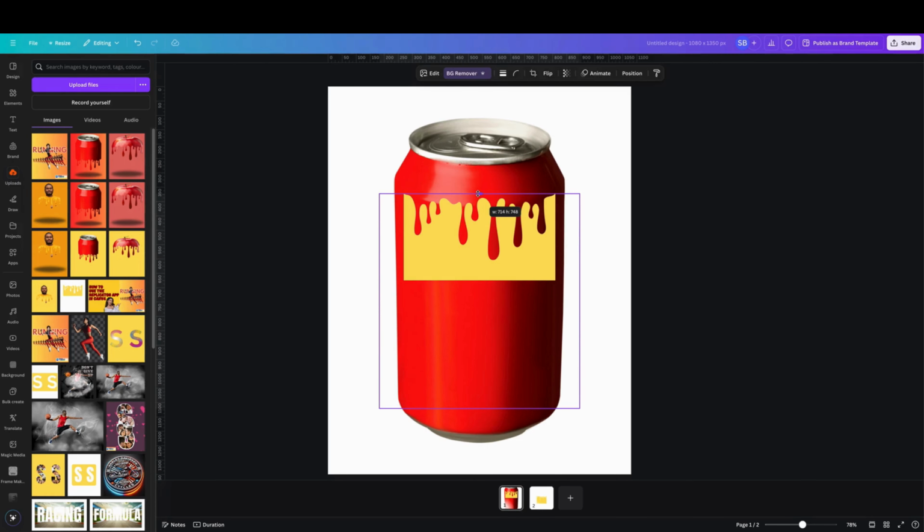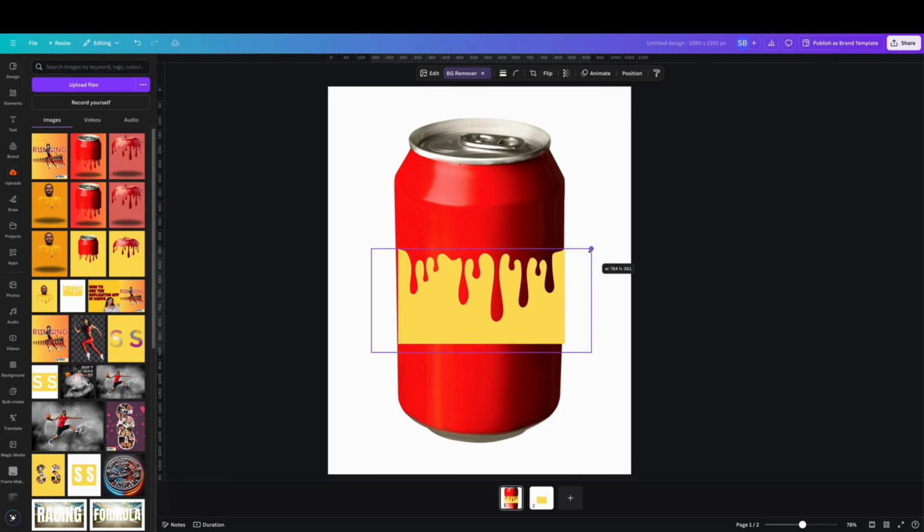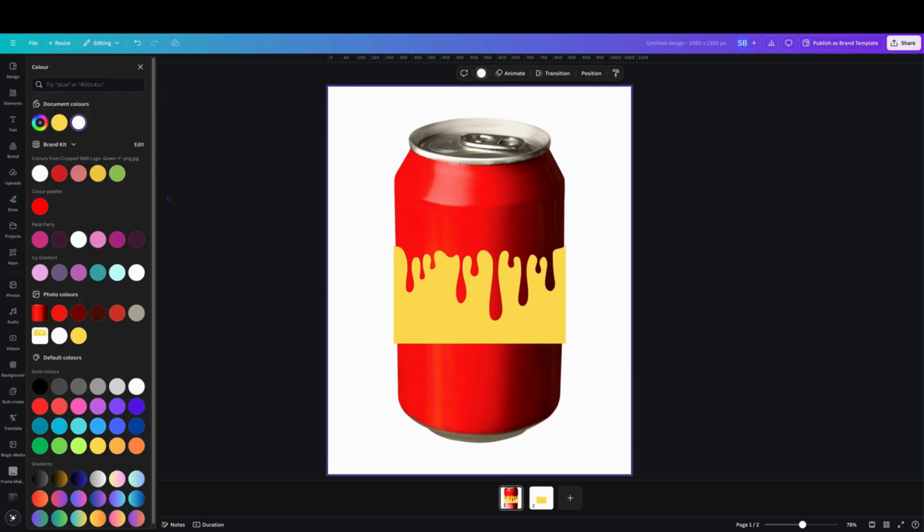So just bring that down to get rid of that line, and what we need to do is bring it down to a location on your image and expand it out like so. Okay, and as you can kind of see, this is going to be the drip effect on the can. So it's quite simple. Then we just come over here, change the background color to the same color as the drip,